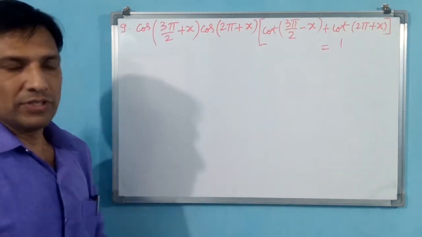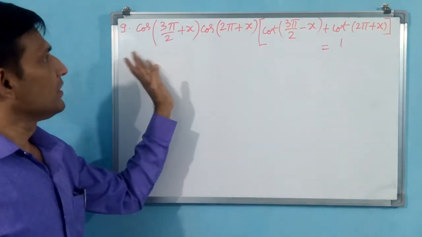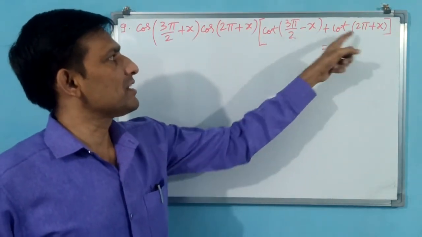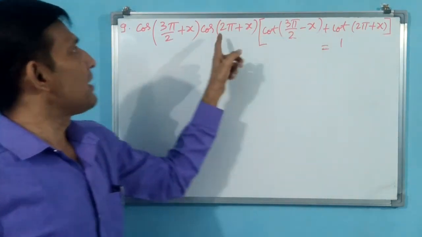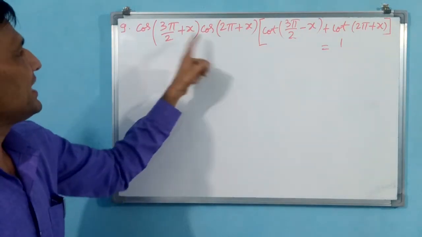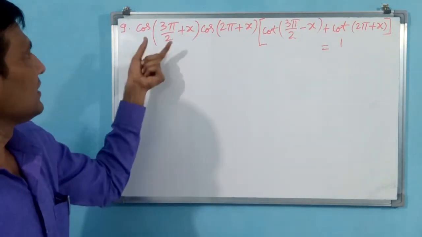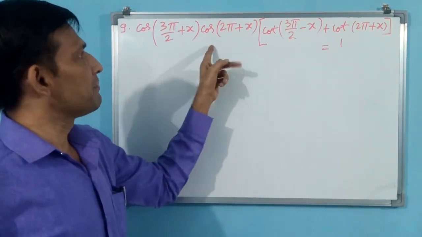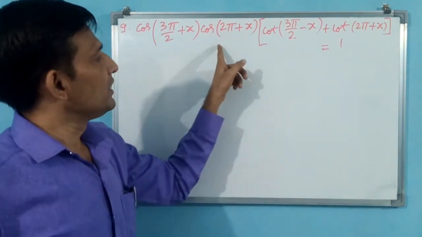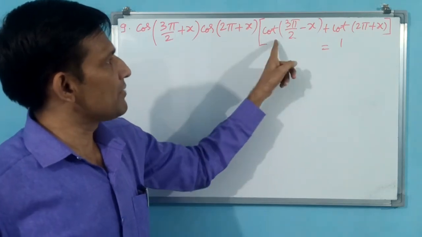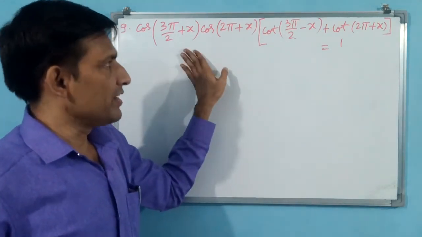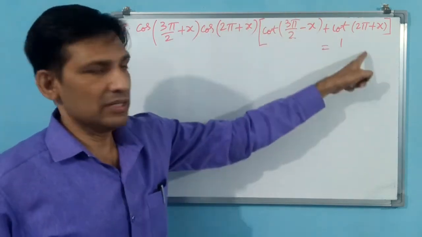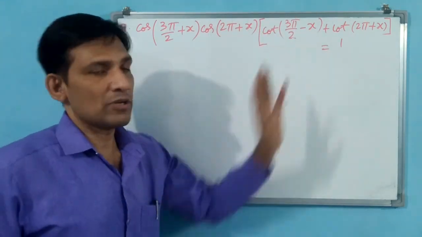That's okay. See the question carefully. In this question, two identities are added, but this you have to multiply with this one. This is only one identity. You see multiplication is there. That means you have to take the value of this one and multiply, then one value will come. This you have to take two times, because a times (b plus c) becomes a into b plus a into c. Like that you have to do. Finally the answer should come 1.